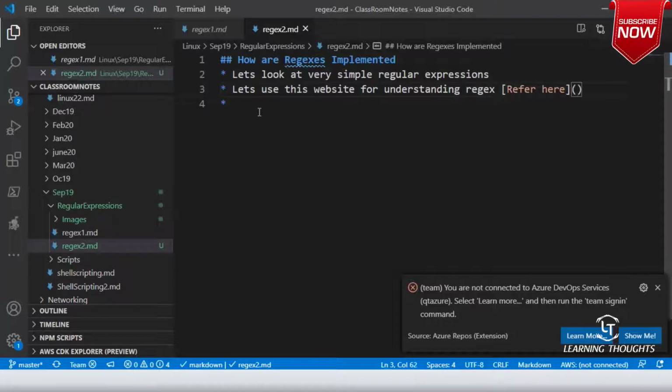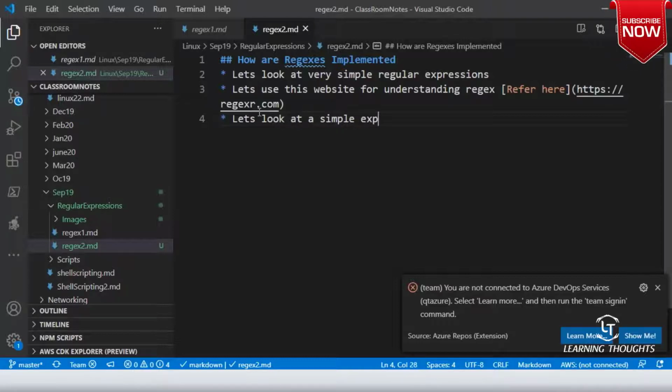Okay, it was regexr.com. Okay, right. So let's look at a simple expression, which is FREE. FREE means match F, then R, then E, and then E. This is what we have done, right? Right. So preview, dot slash images slash regex3.png.